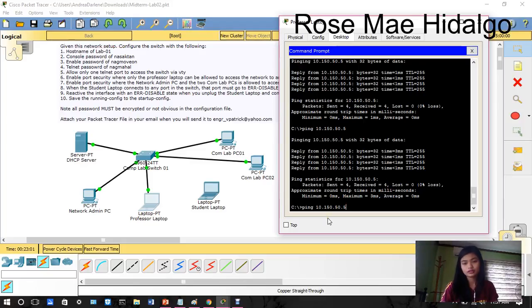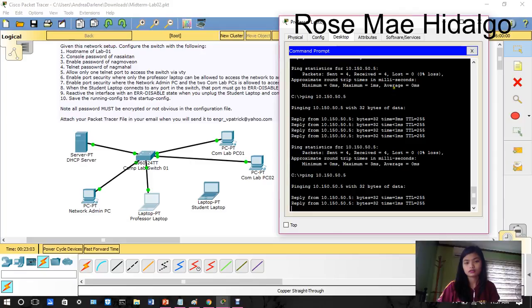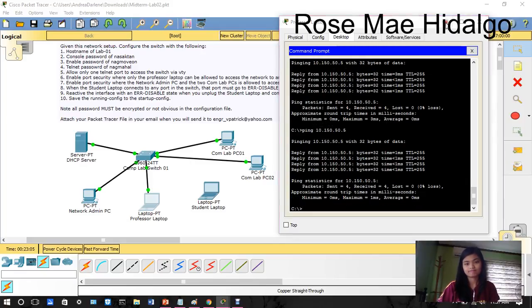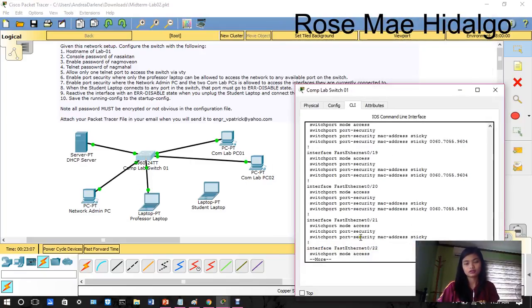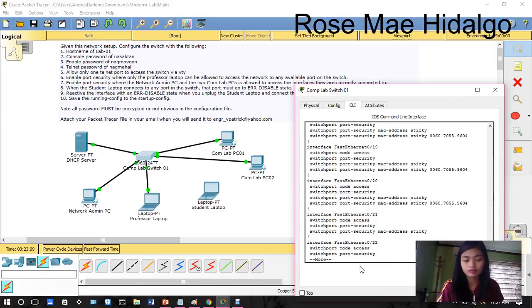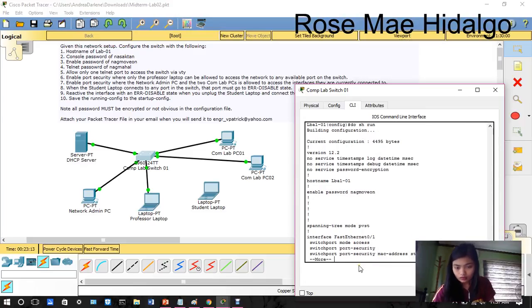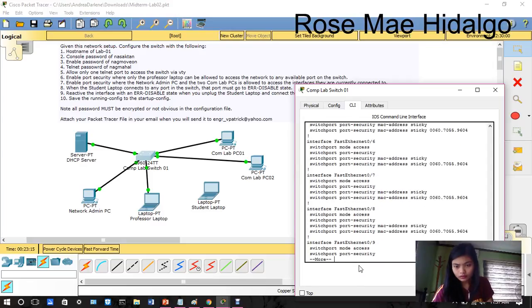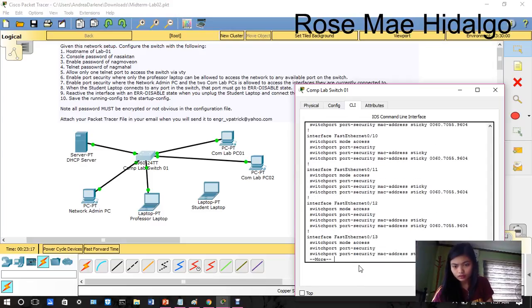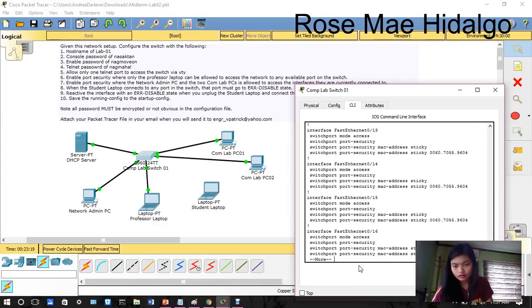So that's it. We need to check if the 16 has an IP address, MAC address. Then 4, 8, 9, 10, 16.